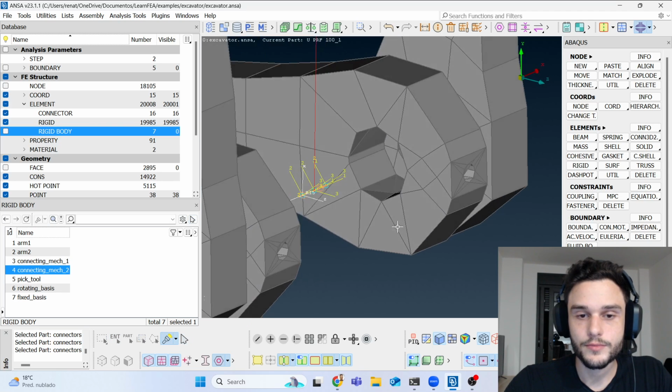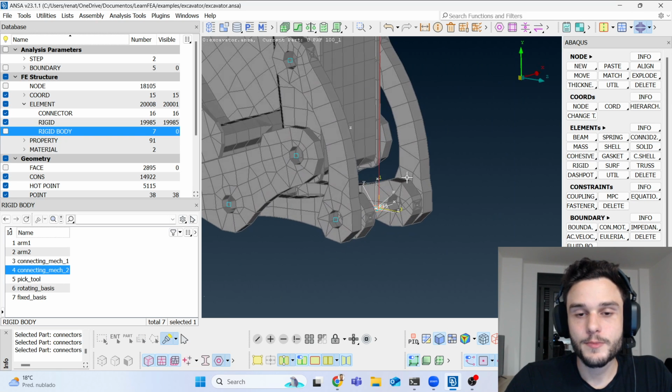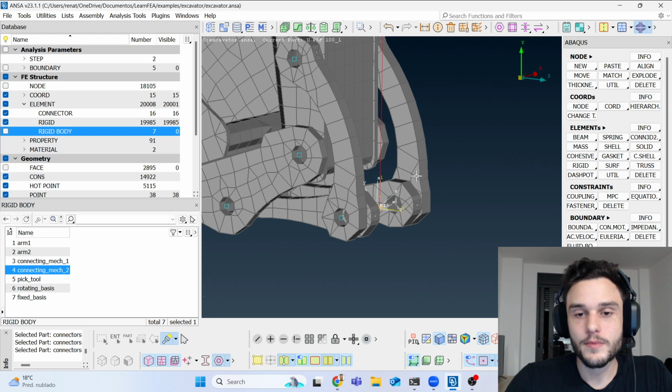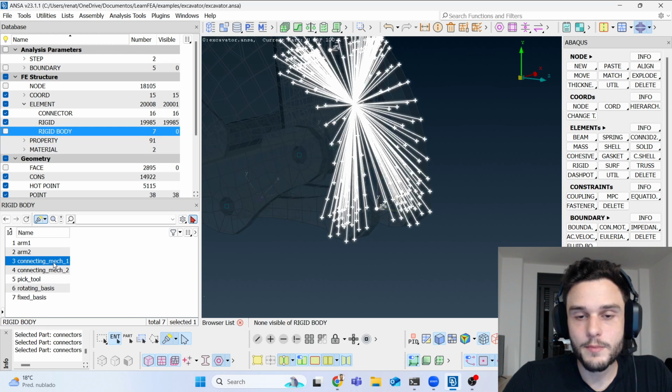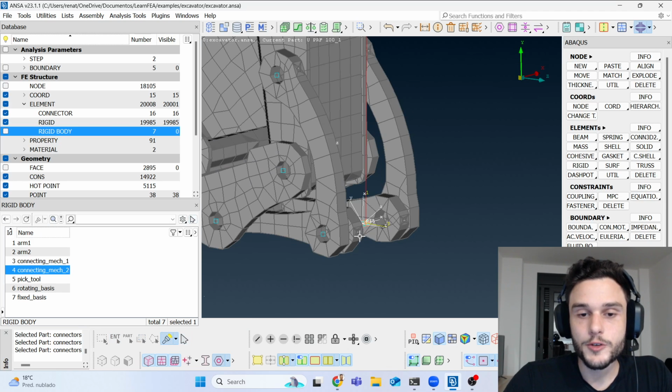Okay, one of these 2. I guess the most correct manner to do is to assign it to connecting mechanism 1, because the connecting mechanism 1 is connected to the connecting mechanism 2 by using the Cartesian cardan, which means that